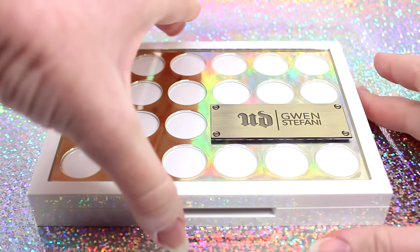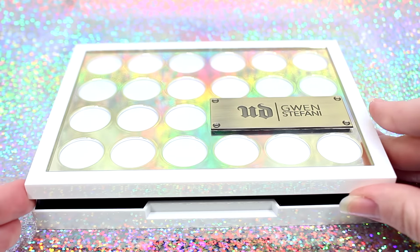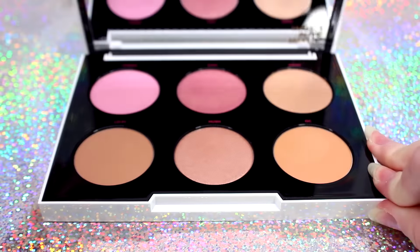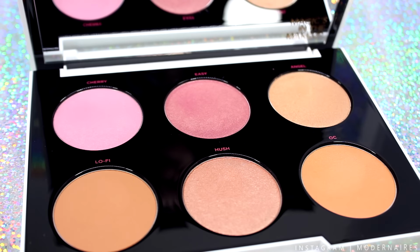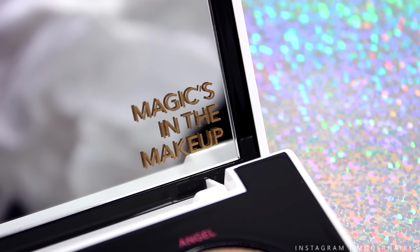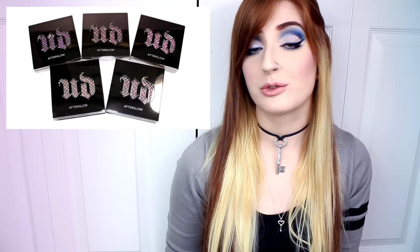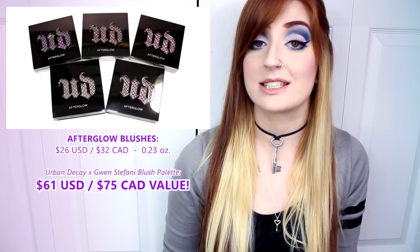The packaging is a very durable, thick, white plastic palette with gold accents. It also features a magnetic closure and a generously sized mirror. The whole design itself feels very luxurious, and despite being on the larger side, it is very easy to store, open, and use. Urban Decay has said that the formula of the blushes in the palette is the same formula